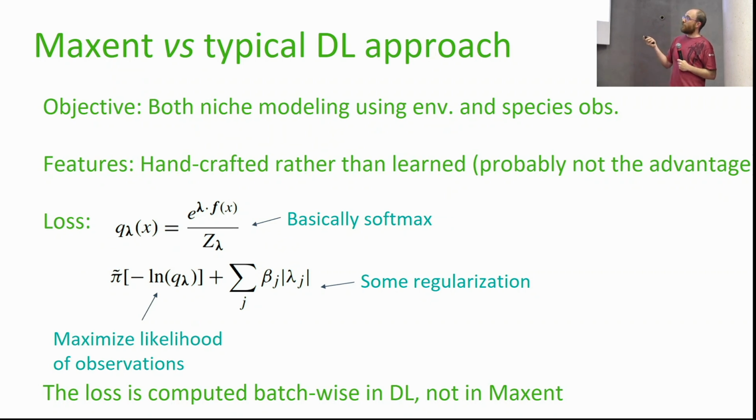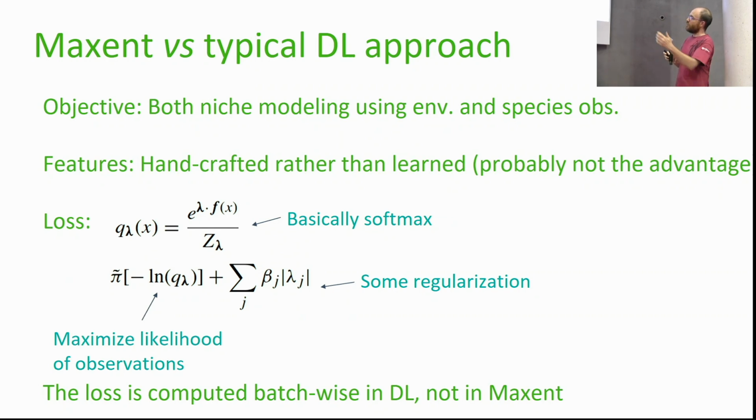The first one we can see is how to compute the scores, and it's basically softmax. This Z, the partition function, is designed to be exactly a softmax, so that the whole thing sums to 1. Then on the top we have the exponential of some logits, exactly like we do in deep learning. This is basically the same thing that is done in most classification-style deep learning approaches for